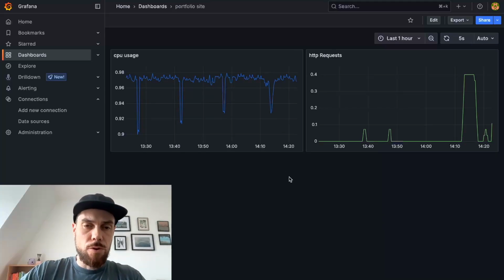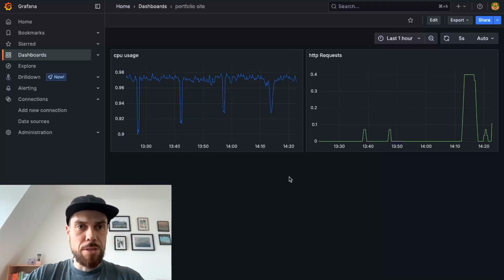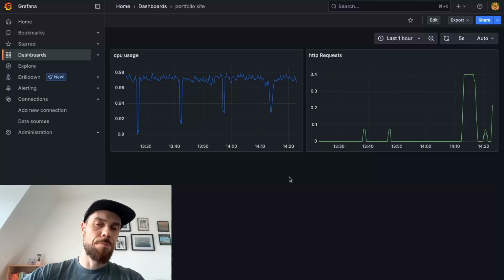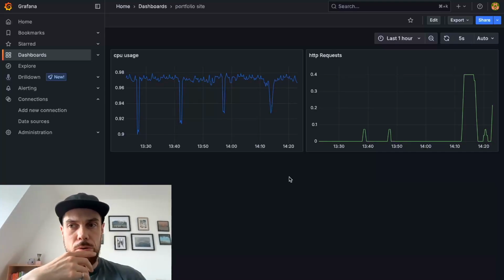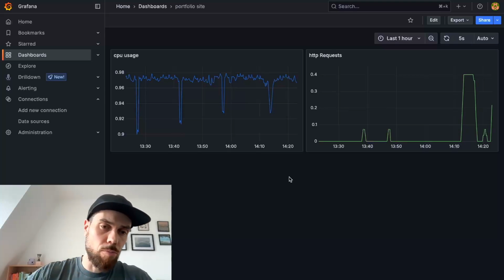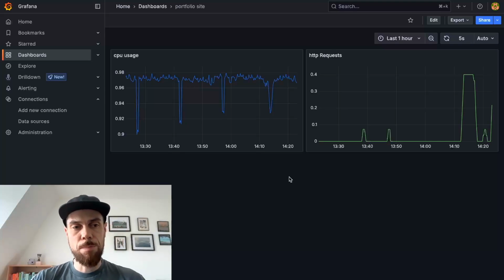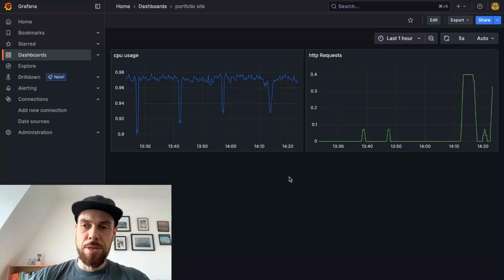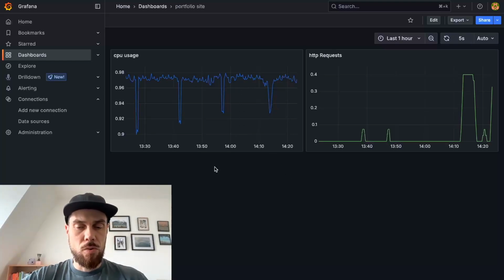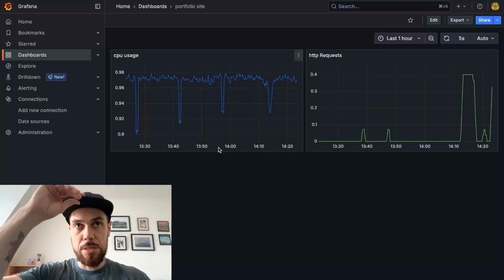Today I'm going to go over Prometheus and Grafana quickly again here. I went over it a couple videos ago, and here I have connected to my personal portfolio website server. I actually just connected another website to that server. And so basically how I got this set up